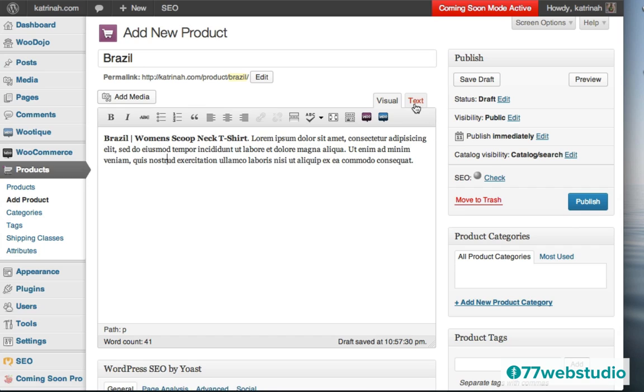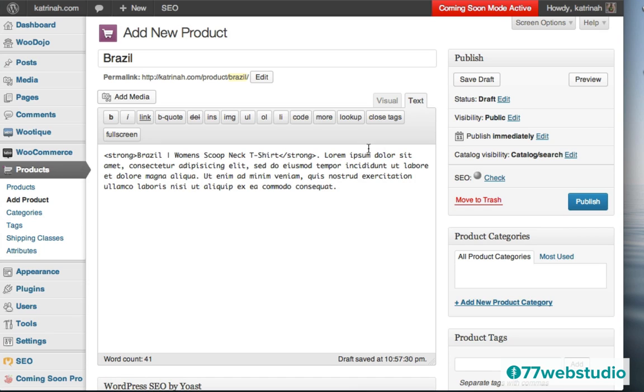The other thing is that this text tab here is the behind-the-scenes code that WordPress is generating without you having to know any code. But if you want to learn some code, it's always a helpful way to toggle between these two different views: the visual view to see the actual what-you-see-is-what-you-get view of the content, and then you can click on text to see how WordPress is producing the code associated with the formatting.